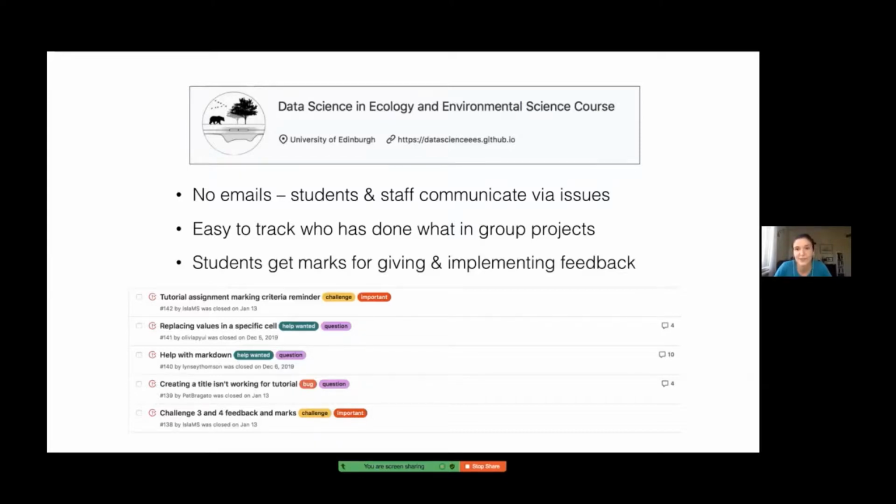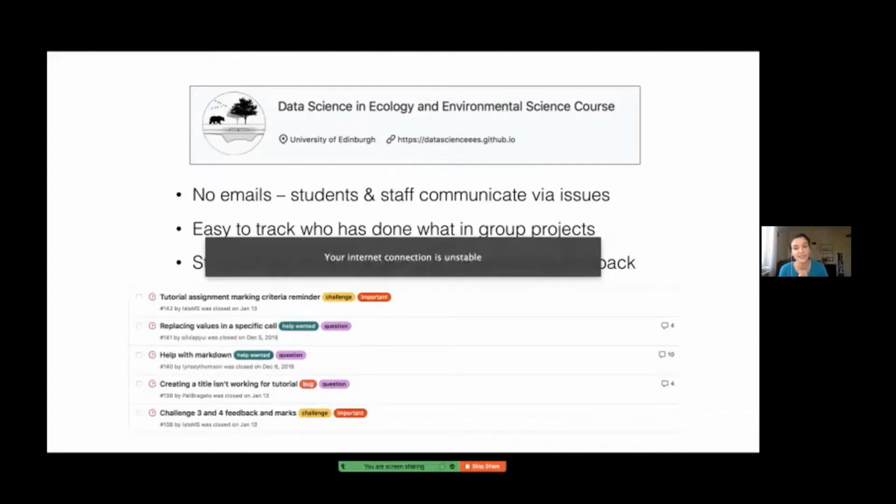And we wanted to make it real world, and in a real world scenario, people do give each other a lot of feedback. If you're working as a software developer, you're usually part of a team, and there's a lot of collaborative work, there's code and such. So we wanted to encourage that, and that's why we decided to give marks for giving feedback